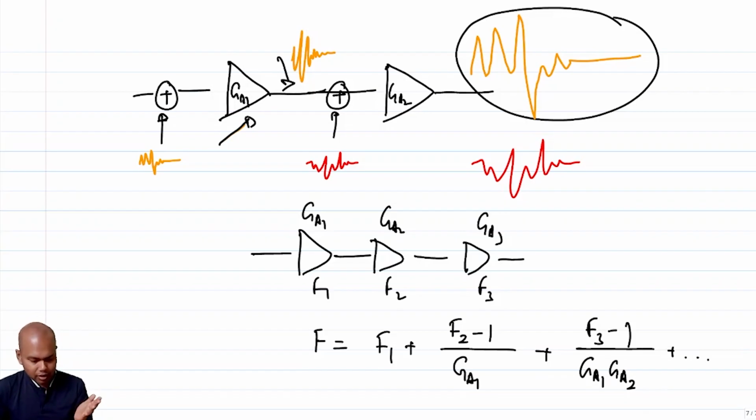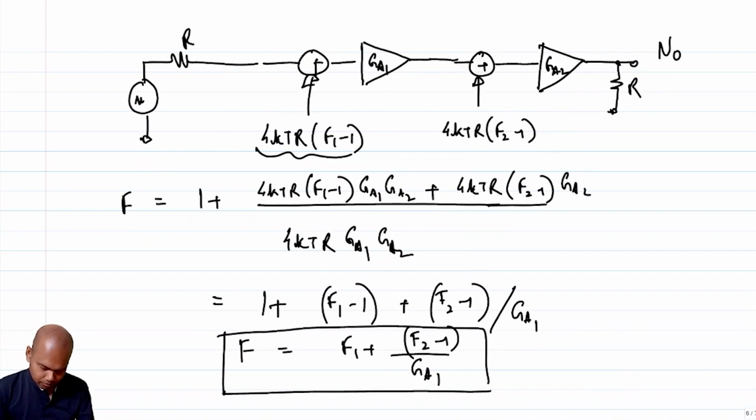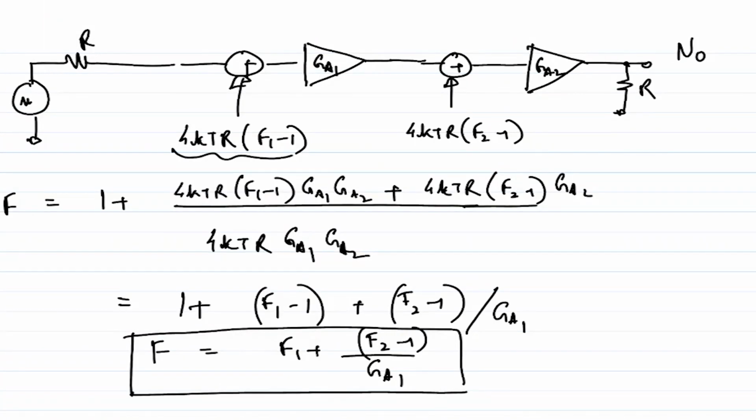So as you see, if you have a gain more than 1, the noise contribution of the subsequent stages becomes less and less relevant, right? Okay, so now, what have we learned? We have kind of made our peace with the fact that